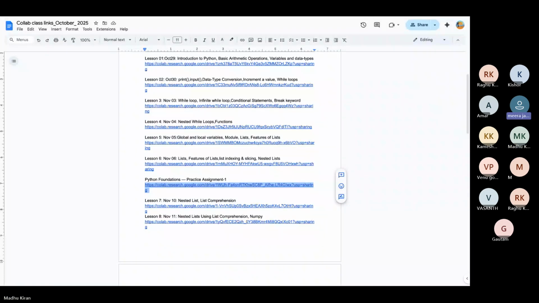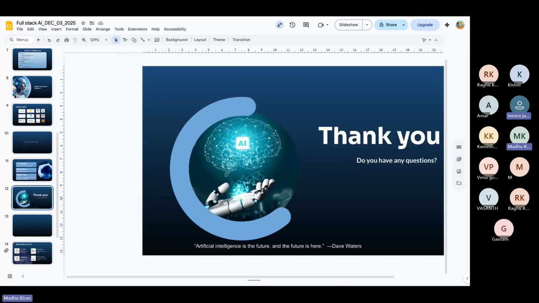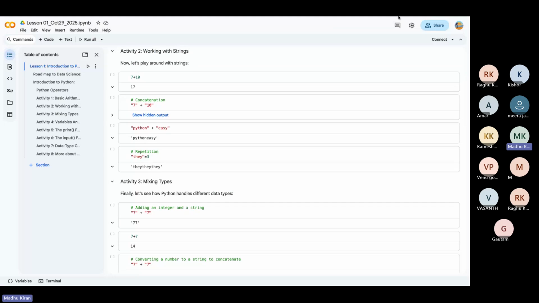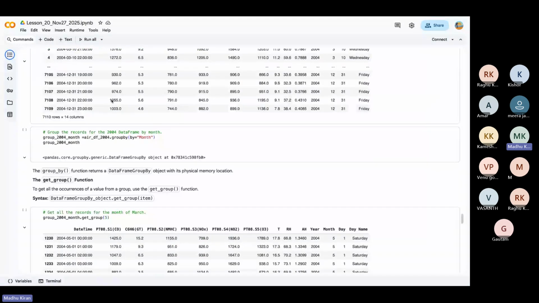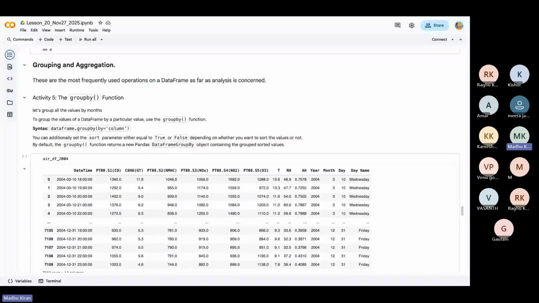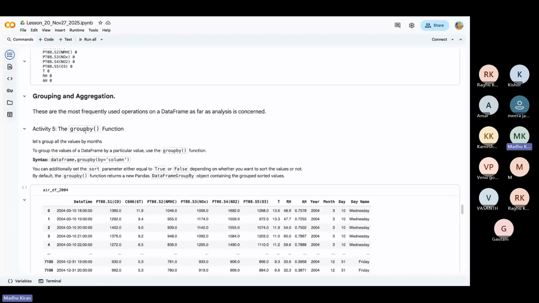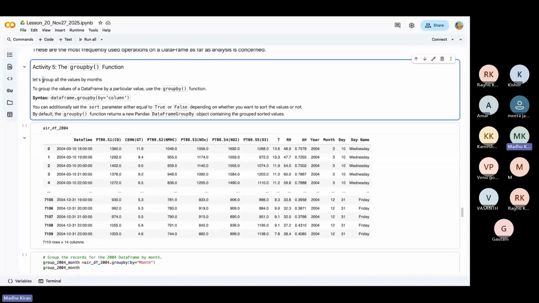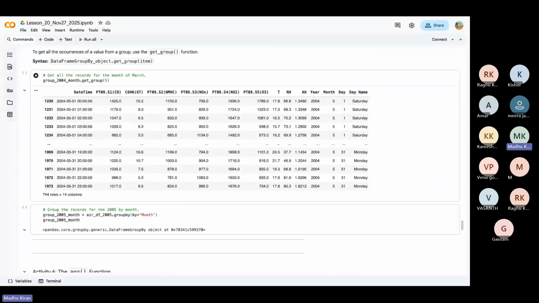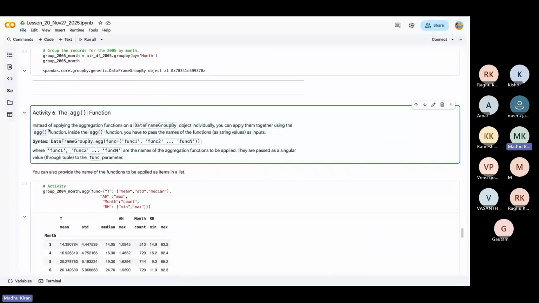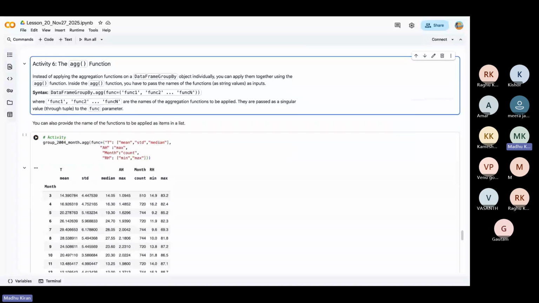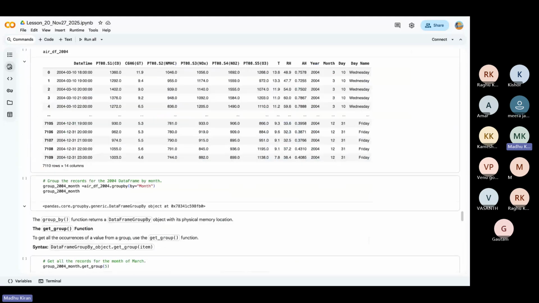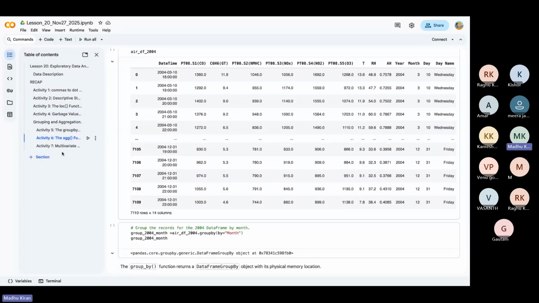For the theory part, do you provide any documents for us or something? Here itself, all the theory would be available in the Google Colab. You don't have to go for multiple different files. So the theory and the code cells, everything will be together in the Google Colab notebook. So when we are learning grouping and aggregation, what is the syntax, what is this all about? We discuss inside the text cell here itself. You see, everything is written here, so you don't have to take notes again or refer to anything. Everything, the text and the code cells, will be inside that particular lesson. That's it. You don't have to refer to anything else.